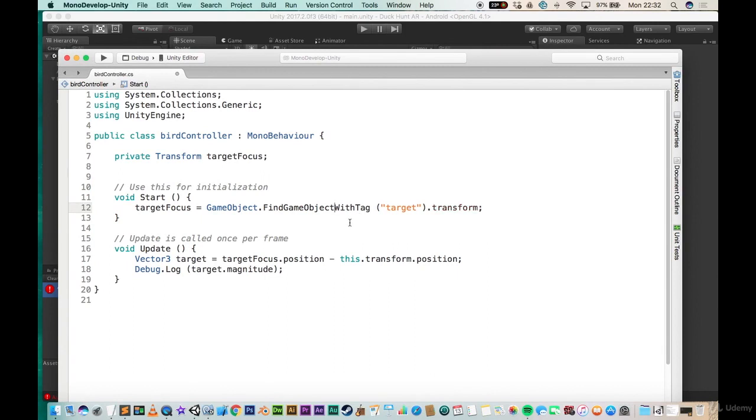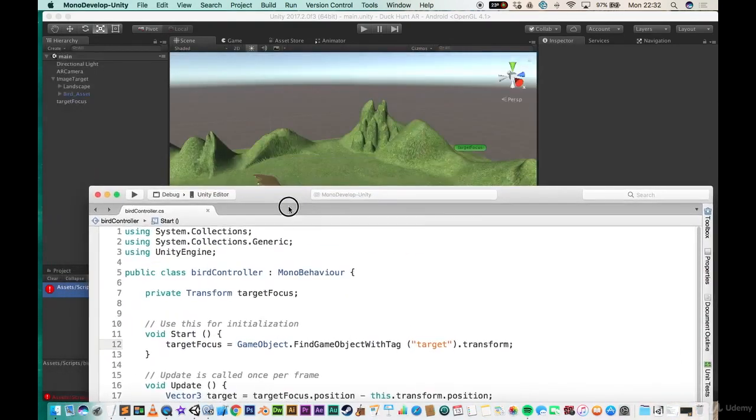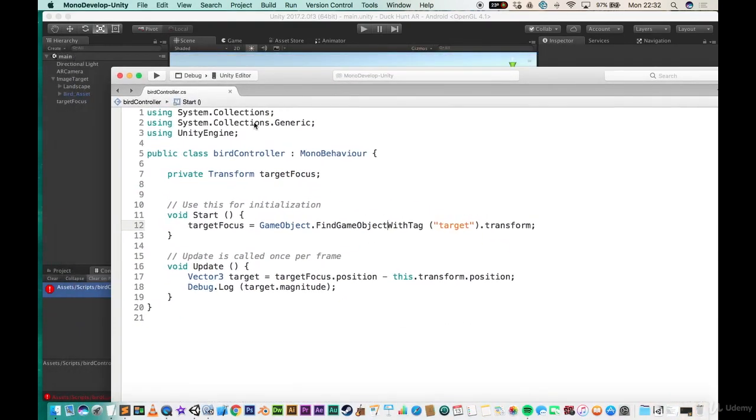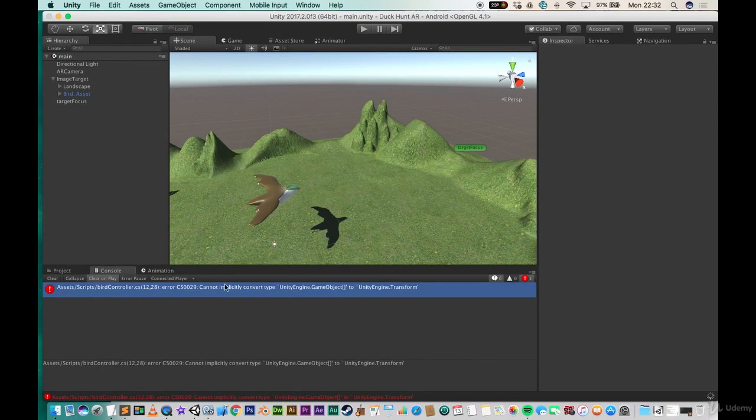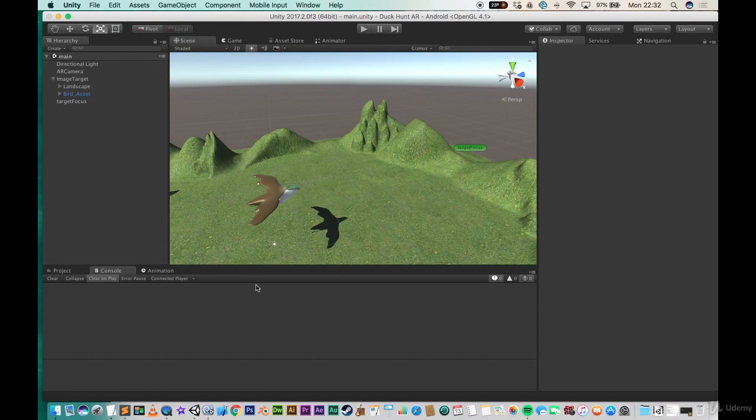Find object with tag, not objects, as there's only one. So apologies for that, just a slight correction to the code. And now, after saving that script, the little circle will update and this will disappear and all will be well. There we go. Okay, so I'm going to open the console and press play, but rather than switch to the